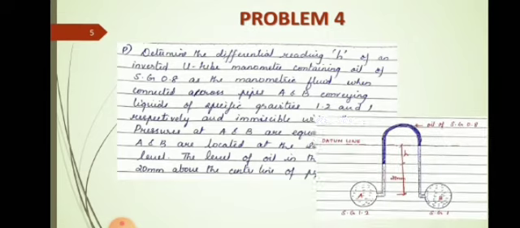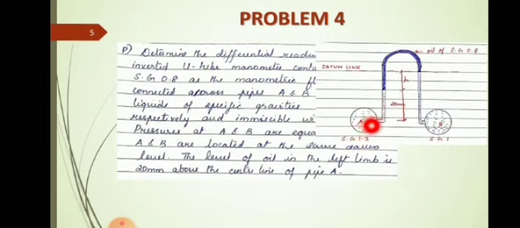Okay, so first we will draw the figure with the given data. So what is given? You have two pipes A and B and they are connected using an inverted U-tube manometer, and A and B are at the same level. So this is pipeline A and pipeline B, both of them are at the same level and it is connected using an inverted differential manometer, and the manometric fluid used here is oil of specific gravity 0.8. Now, what is the specific gravity of the liquid in pipe A? It is 1.2, and the specific gravity of the liquid in pipe B is 1.